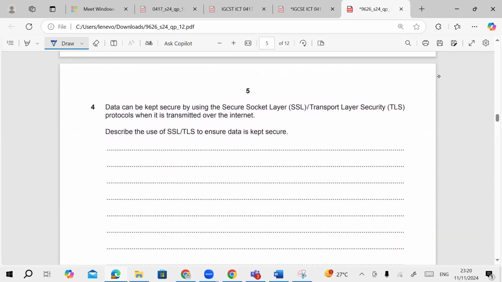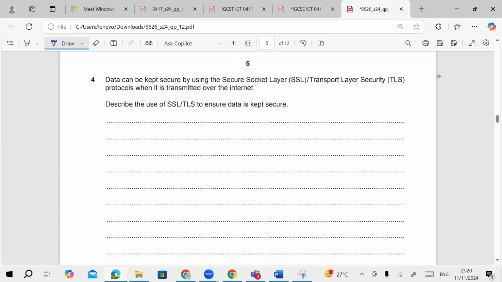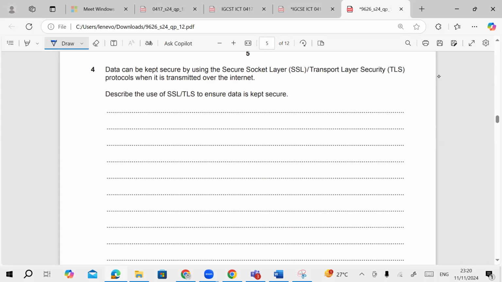Data can be kept secure by using SSL and TLS protocols when it is transmitted over the internet. Describe the use of SSL and TLS. Well, first of all, you need to know that websites obviously use SSL and TLS, which are used with different certificates. So they are used as a method of transferring information from the client computer to the server. Okay, so TLS and SSL will obviously create a private key and a public key, just like the way we talked about